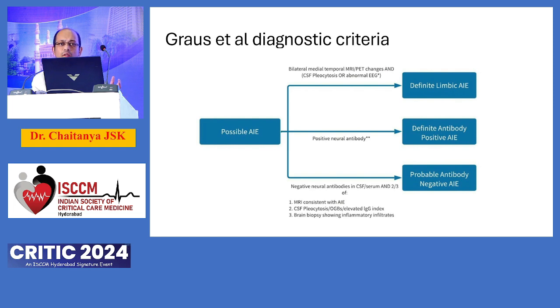So how do you classify their severity? There have been studies in the initial stages that used the modified Rankin scale to group them based on severity, and now a newer modality called the CASE score, Clinical Assessment Scale in Autoimmune Encephalitis, has been found to have very good reliability. It is a 27-point score, which includes all the symptoms we have discussed, each scored from 0 to 3. When the CASE score is more than 9, it falls into the severe category. An mRS of 0 to 2 or less than 2 and a CASE score less than 9 have good prognosis, and prognosis worsens on the other side of the score.